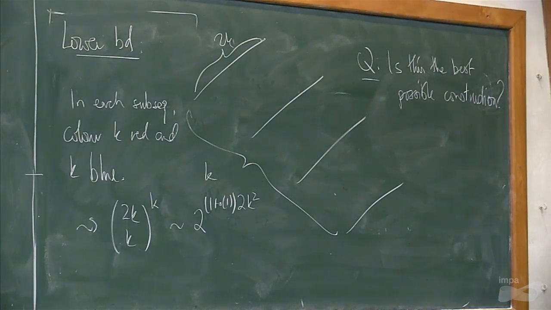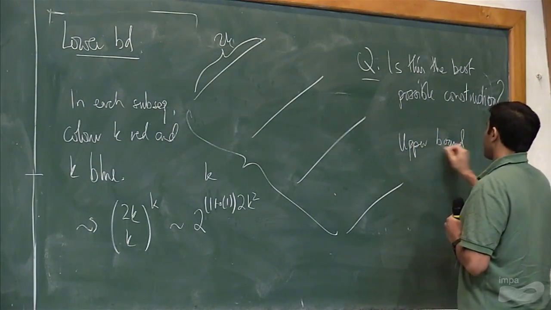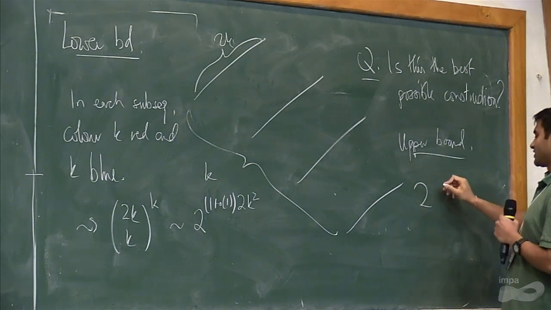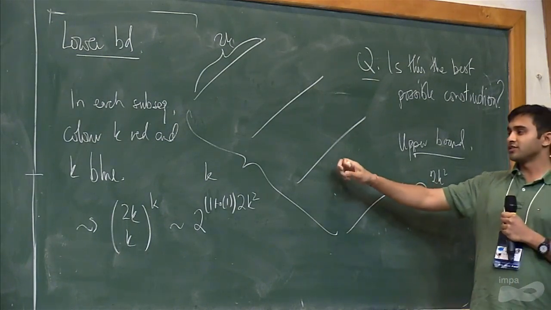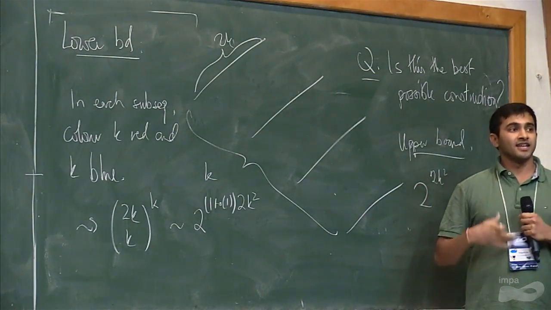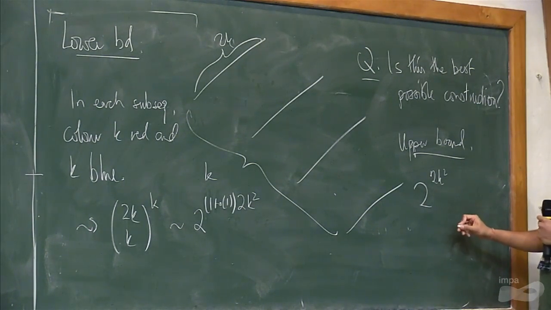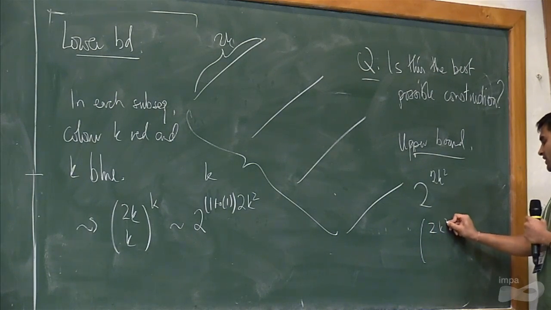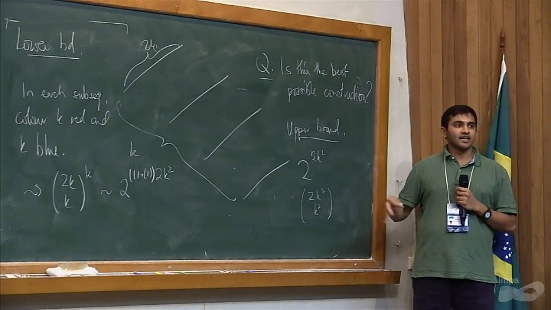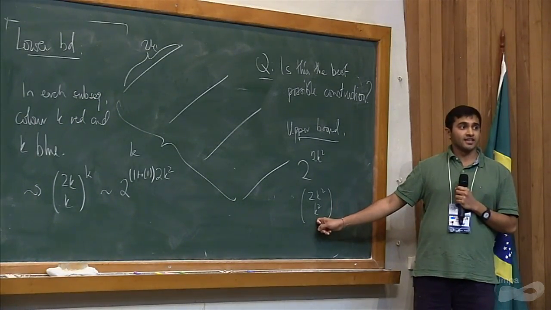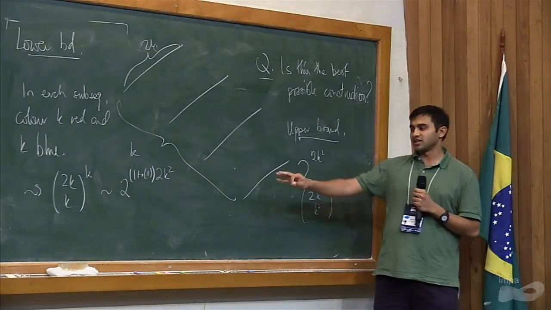Yeah. So the upper bound 2 to the 2k squared is an upper bound you can give, because if your sequence had more than 2k squared elements, then in any two coloring, the larger color class has more than k squared. You can be a little cleverer and get 2k squared choose k squared, because if you really had 2k squared, each color class has size at most k squared, so you get this instead. Okay, which is, of course, a bit less than that, but log asymptotically, these are all the same.